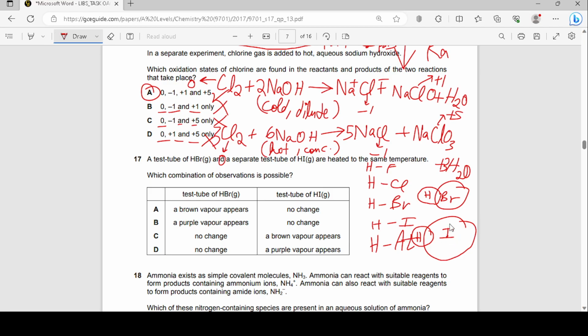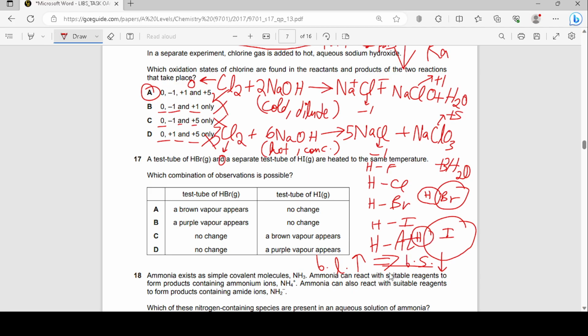there is more atomic overlap between the hydrogen atom and the iodine atom as compared to the hydrogen atom and the bromine atom. All right, so because of the greater orbital overlap, the bond length is greater, which implies that the bond strength is lower, because the bond length is greater. So a longer bond length means that it is a weaker bond. Okay, so basically, because it's a weaker bond, it's more